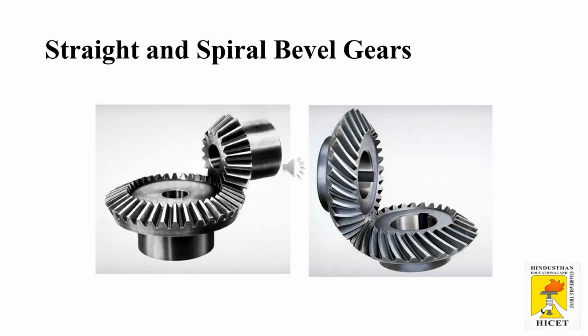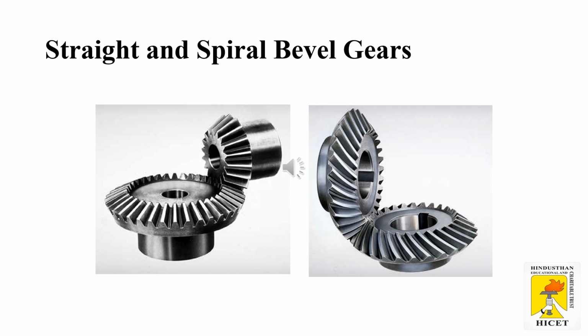Intersecting axis gears, that is bevel, straight and spiral bevel gears, are used to transmit power between two intersecting shafts. Intersecting means they can transmit power between two shafts whose axes intersect each other. Bevel gears are formed by cutting teeth along the elements of a frustum of a cone. Bevel gears are mounted on intersecting shafts at any angle, although a 90-degree shaft angle is most common.